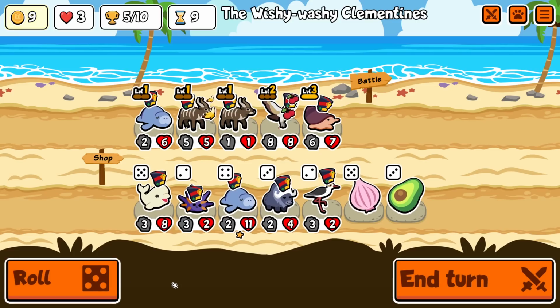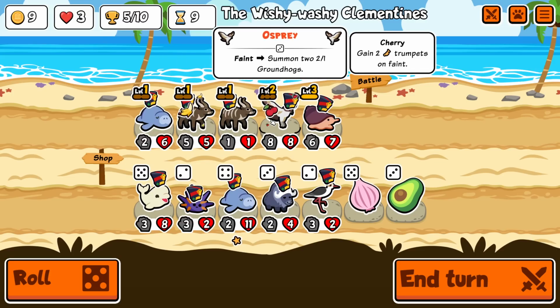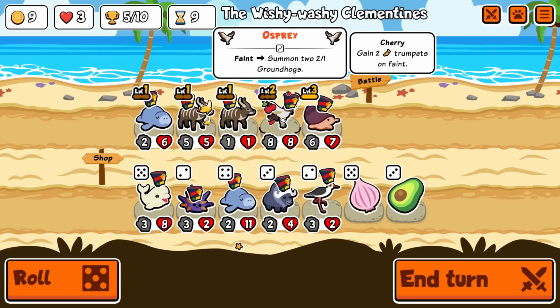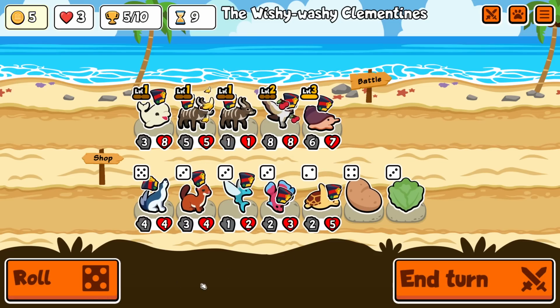Can I find probably not. I think we're keeping cone snail, as not good as it is. I could sell manatee, though. I know having a beluga whale in the squad is very good, but I don't want to combine these yet. I don't know if I can survive selling the osprey. I'm just going to sell the manatee. We don't really need the stats it's giving out. No, that's fine, but I'd rather